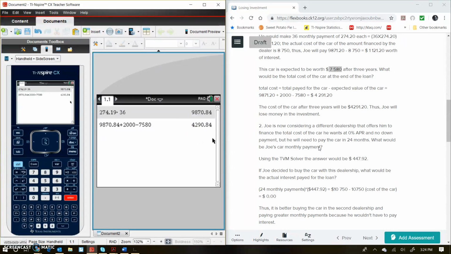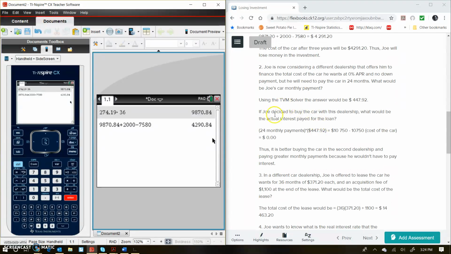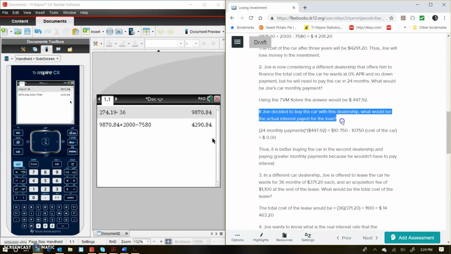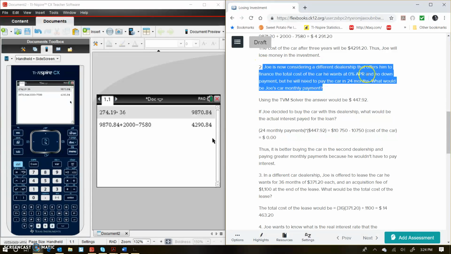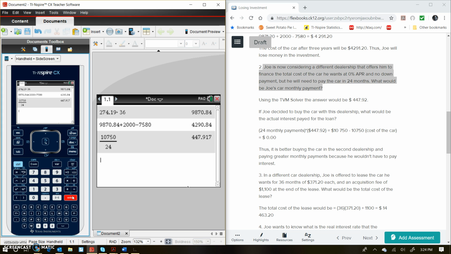Now, say for instance, Joe gets 24 payments at 0% interest. He wants to buy the car with this dealership, and they give him a choice of 0% APR for 24 months, and that means you're not paying any interest. So we're going to find out how much the car is worth now. It's 24 payments, so we have $10,750, and we're just going to divide that by 24. So that's your payment,